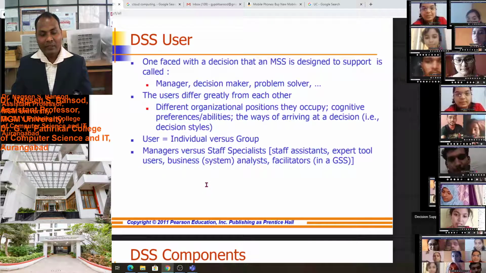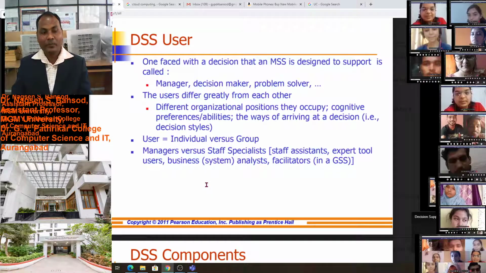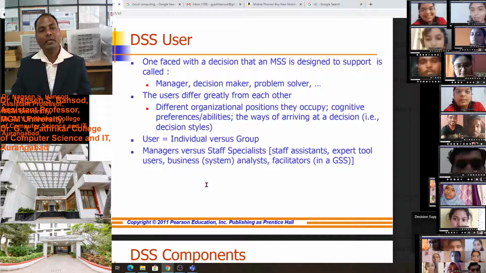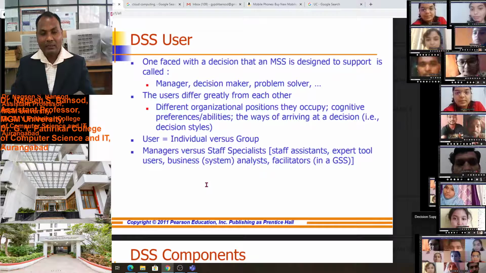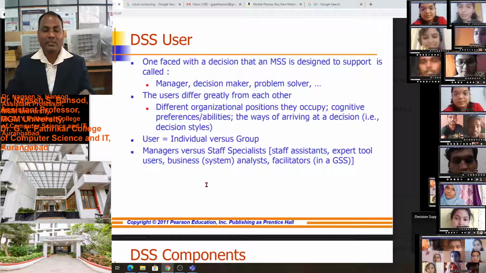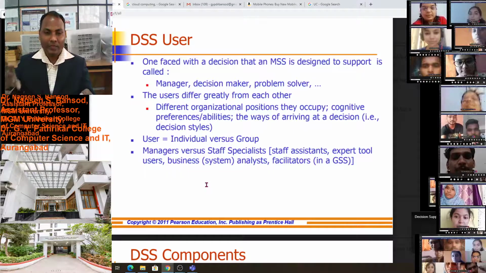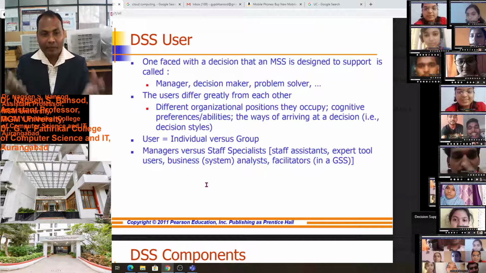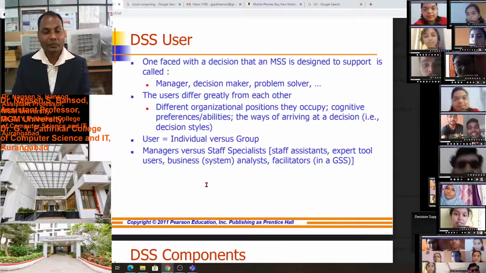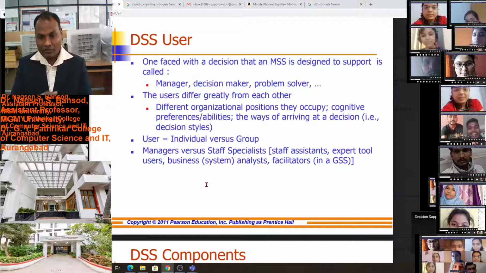The manager can get the information with the help of a decision support system. So the manager will be able to take the decision whether their staff is working properly, whether the output of their staff taken on paper is proper or not. The manager will understand if he is using the decision support system.